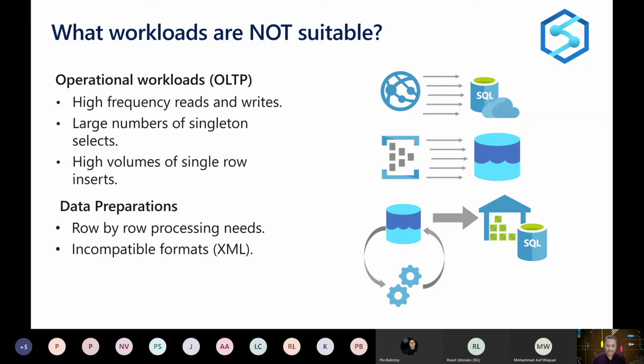This is not the kind of workload we should be running on SQL Data Warehouse. Also, if we are having a very high volume of single row inserts, like a streaming kind of scenario where we have many small inputs coming in, and these are very unitary in nature, it is not good to be part of SQL Data Warehouse. Data preparations are another case where it's not a good fit, and incompatible file formats like XML.